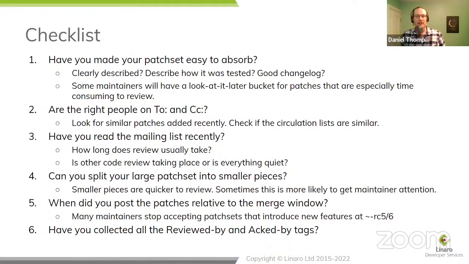Are you up to speed with what's happening on the mailing list? In particular, we're now not looking for manners and social techniques, we're looking for clues about maintenance. So how long does it usually take for the code to be reviewed? Is the fact that your code hasn't been reviewed unusual? Or is it perfectly normal for that particular subsystem not to get reviews done within a couple of weeks? Is everything else in the kernel subsystem completely quiet, or is there other code review taking part that you are not part of? Can you find your mail on the mailing list archives? It could have been you got absorbed by some kind of anti-spam. So can you find your messages when you look on the mailing list service? The public inbox, is it there?